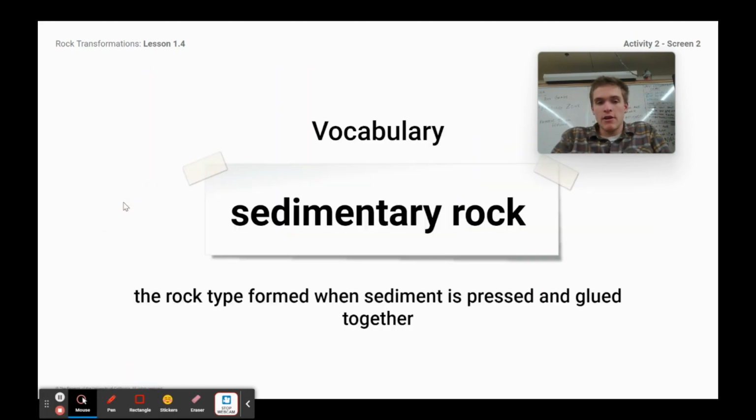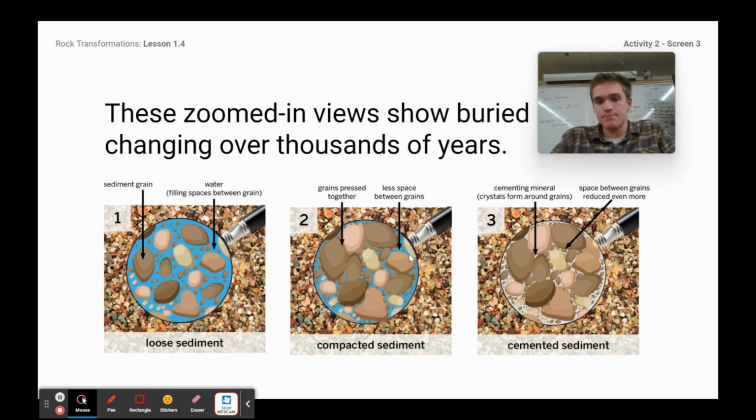Our vocabulary word is sedimentary rock, the type of rock formed when sediment is pressed and glued together.